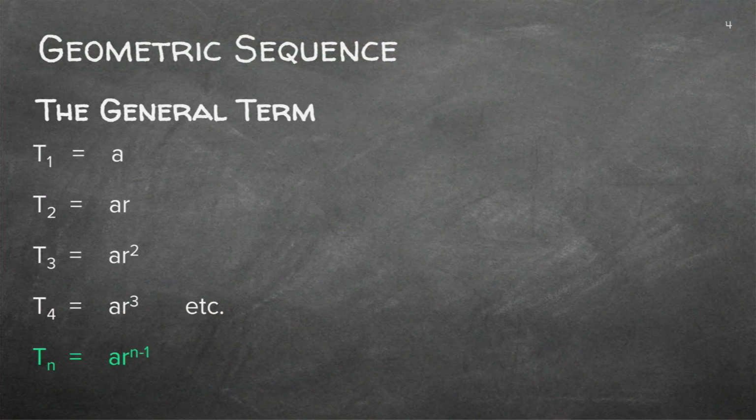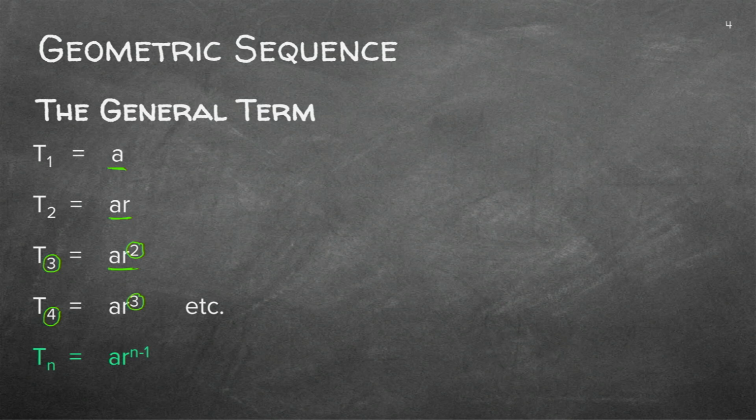Good. And then you need to know the general formula. Let's just quickly see where it's coming from. You all know that T1 is A. If I now multiply term 2 with an R, because that's my constant ratio, and I multiply the next one with another R, it gives me AR squared. Look what happens here. That was term 3, and that was a 2. Now this is term 4, and that exponent is a 3.